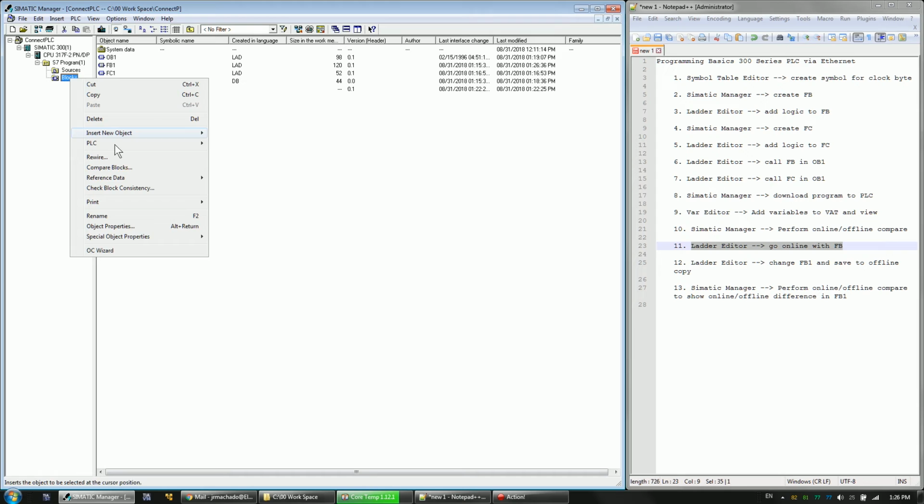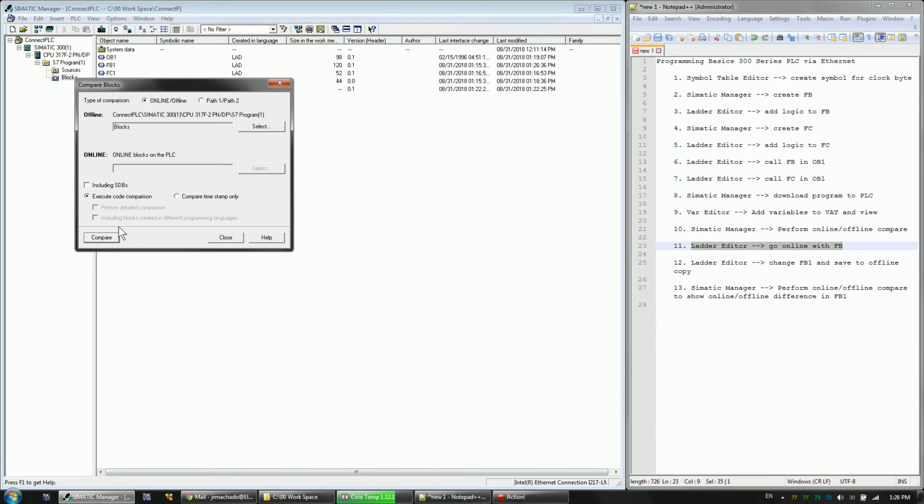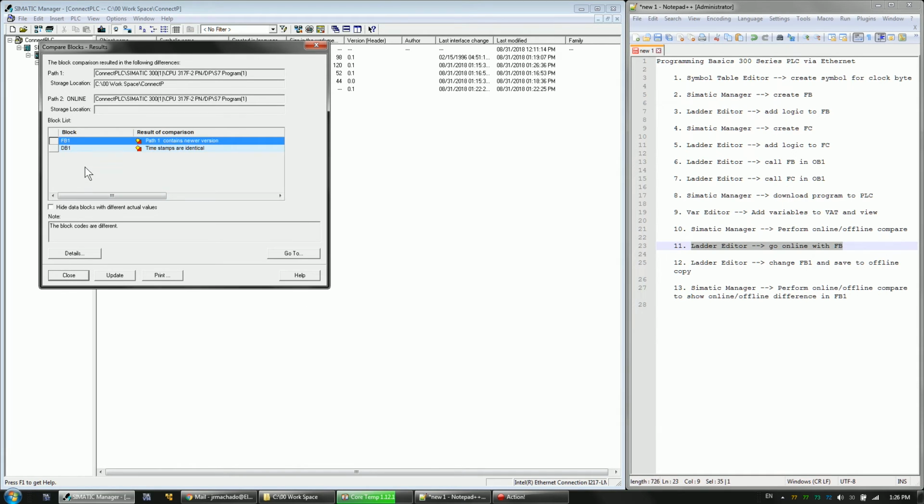So if I do an online and offline comparison, it says path 1 contains a newer version and timestamps are identical. So path 1 is my offline program, path 2 is my online program. So basically, it's telling me that FB1 is different. All right, so if I wanted to, I could go to